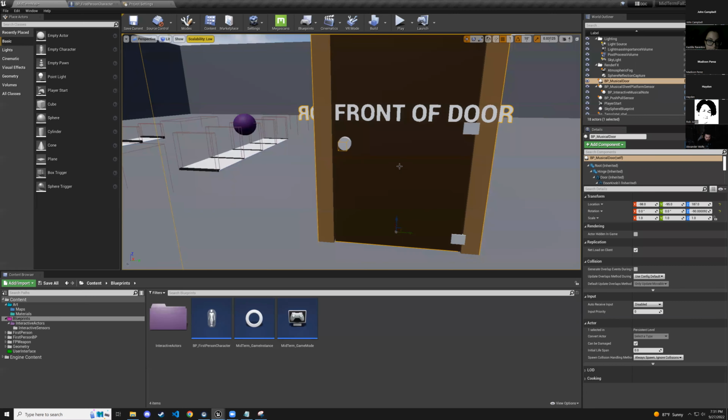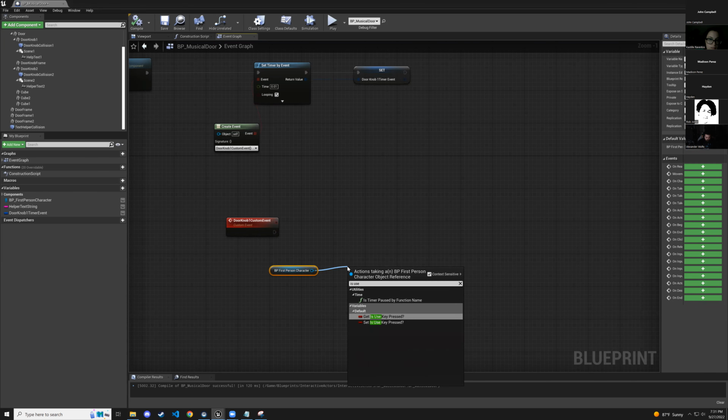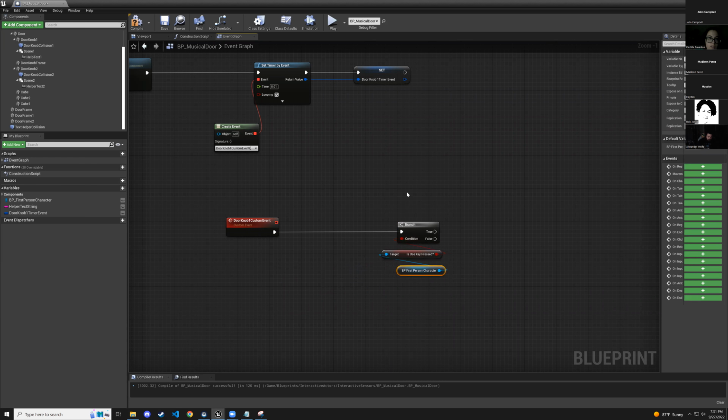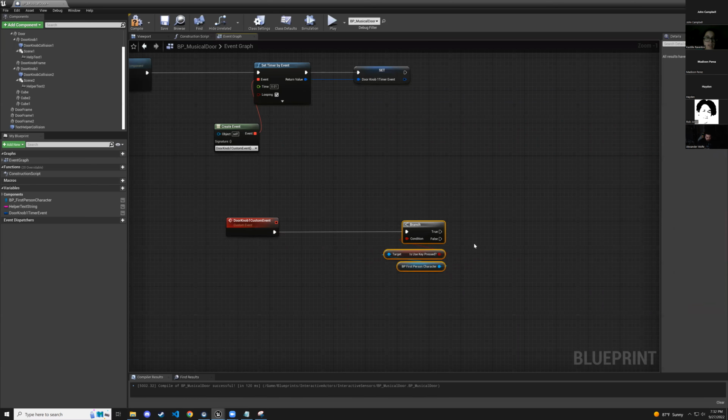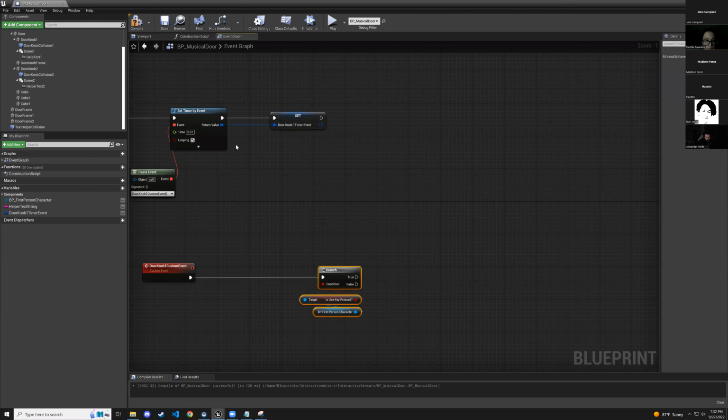All right, so let's go back to our door. Did I close the door? Where's the door? Here's the door. And now we should be able to go is use key pressed. We're going to get the getter. And then from there, we can do a branch. And then what we want to do is if the use key is pressed, we're going to turn the timer